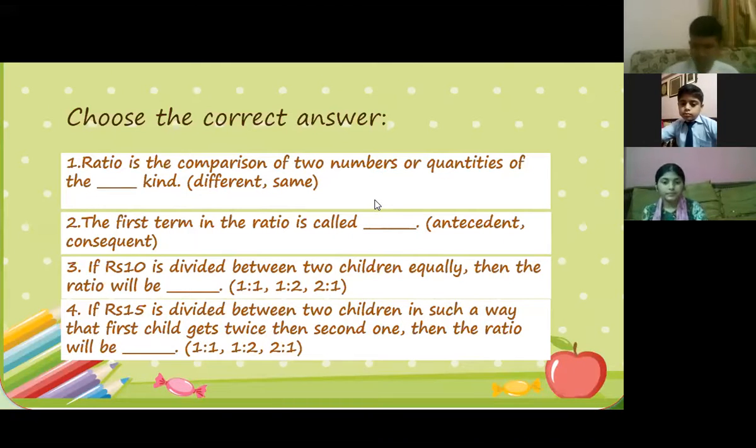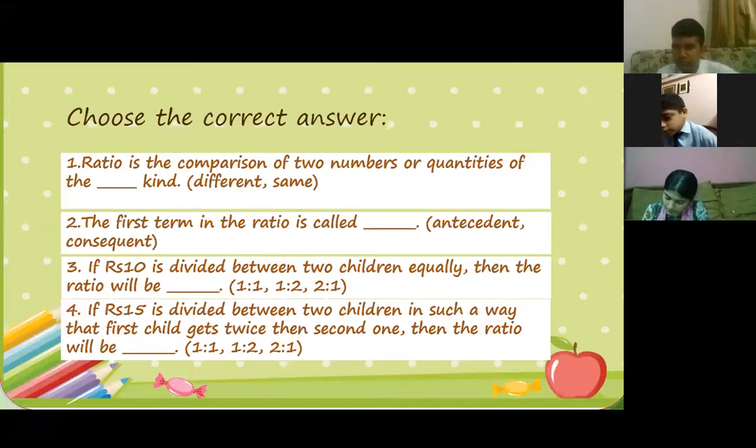Yes, Sheroz. Yes, Ali. Give me the answer. Like 1/1. 1 by 1. Very good, 1 by 1. And what about the last one? What about the last one? The first child gets twice the second one. So the 2/1. 2:1. Very good. So more questions are left. Inshallah, we will continue these questions